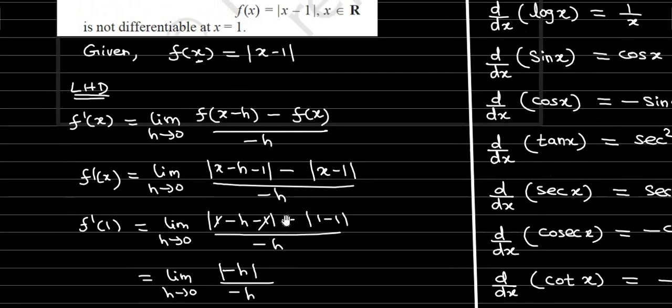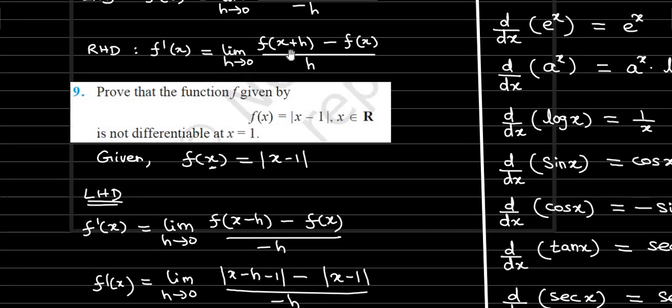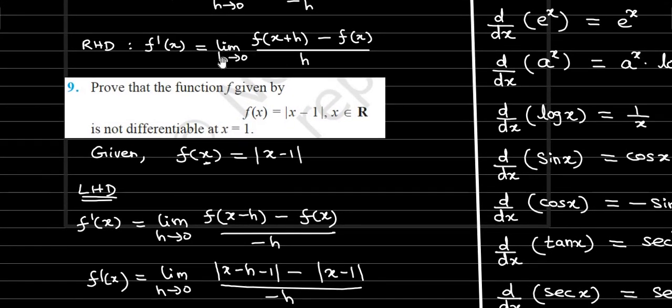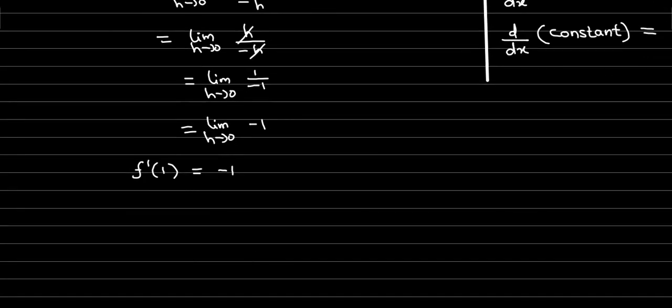Now the right hand derivative we have to find out. For the right hand derivative we are going to use this particular right hand derivative formula. So limit h is approaching 0, f of x plus h minus f of x by h. For right hand derivative, let's find out now. So f dash of x is limit h is approaching 0, f of x plus h minus f of x